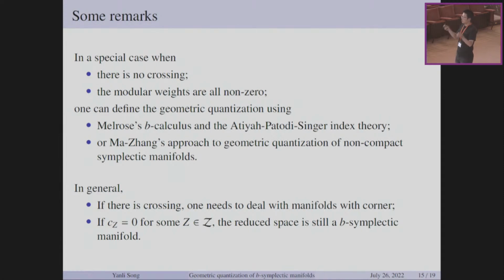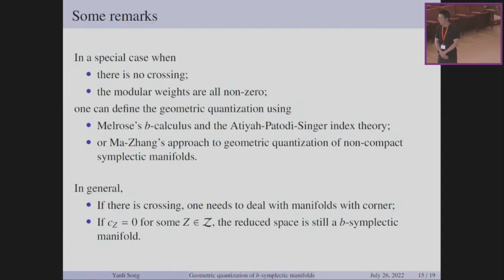You can view it as breaking it into two symplectic manifolds with boundary, or you can view it as the union of two non-compact symplectic manifolds, depending on how you want to view it. Or you can use Ma and Zhang's approach to the geometric quantization of a non-compact symplectic manifold. You can define the quantization in this way, and you can show that if you use these two methods, it will be consistent with the definition using stable complex